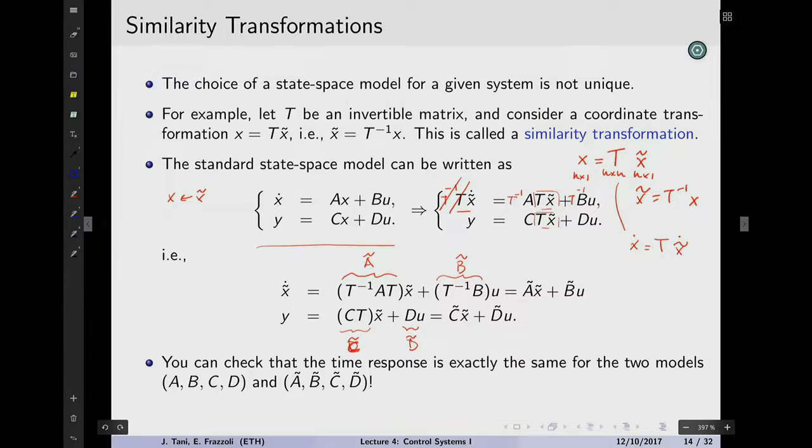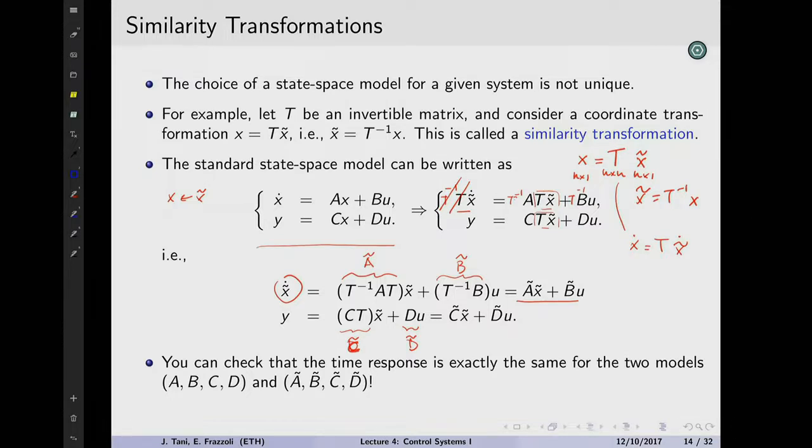And basically nothing has changed. You get the same exact representation as before: x dot equals Ax plus Bu, y equals Cx plus Du. I mean, in the first place, if I had told you that x was not an x but a z, you would have believed me anyway, right? It doesn't really matter what we write there as an x. It's always a linear time invariant system.